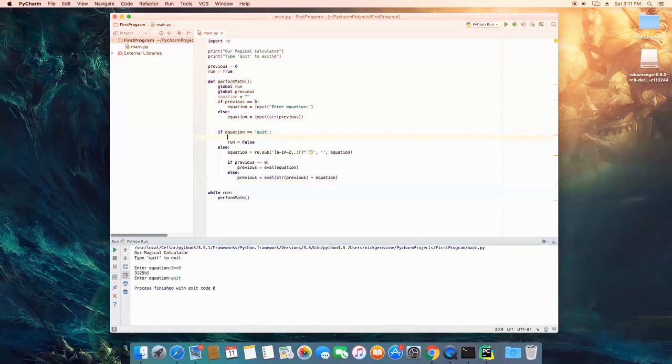So let's just drop down here and have it print out goodbye human. Let's go ahead and run it, and when we type quit, you'll see now it says goodbye human, and then it closes. So this is actually a completely valid program, and it looks a lot different from the other example